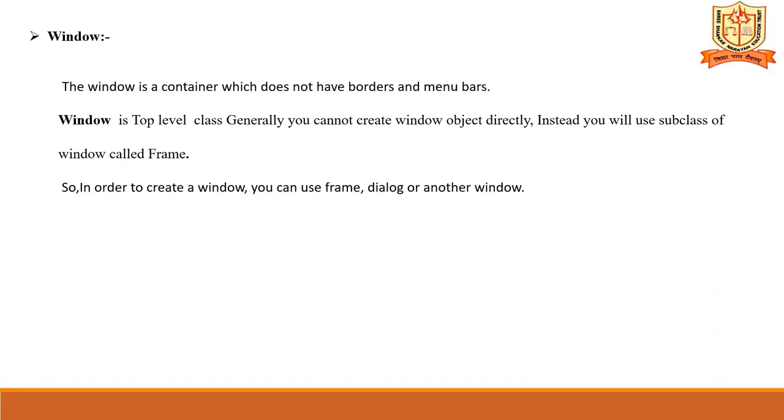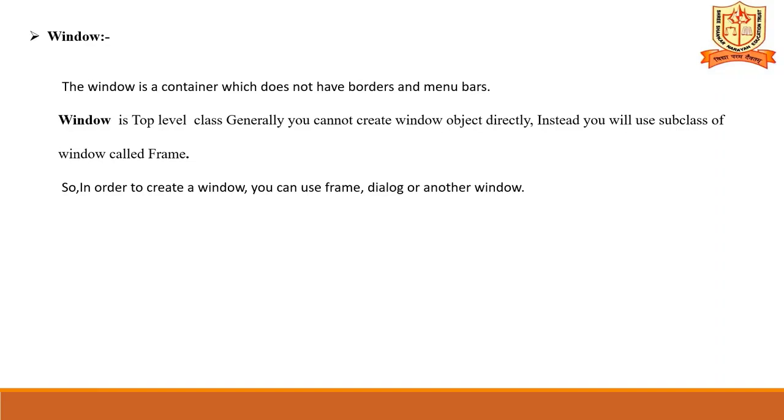Window class is a top level window. As I told you, all the components need some background to hold them. That background is given by this window class. So basically I will give an example. If I want to write something, I need a blackboard or paper. Similarly, if you want to show a button, you need a background that is given by window.